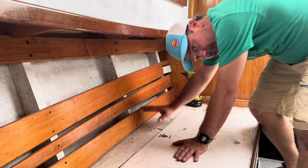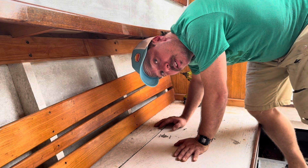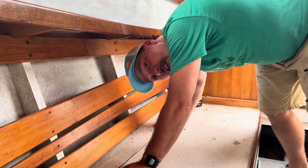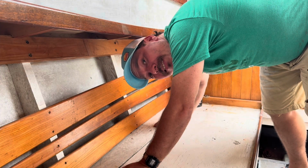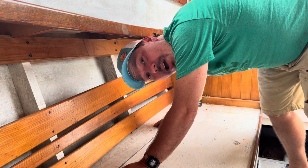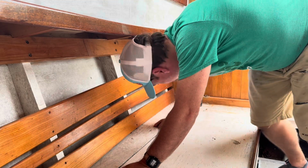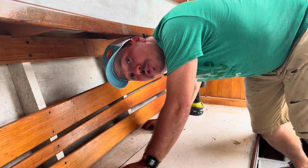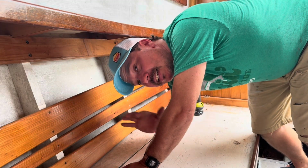Okay, unfortunately, a bunch of the screws that hold these boards in place are stripped. When you're putting in screws, fasteners, pre-drill them. If you notice they're having a hard time going, maybe drill it just a hair wider, dip it in some wax or something, but don't force them so they strip. And don't install the screws with the impact. Install them with a drill and set your drill so if it starts fighting it, it clicks like a ratchet